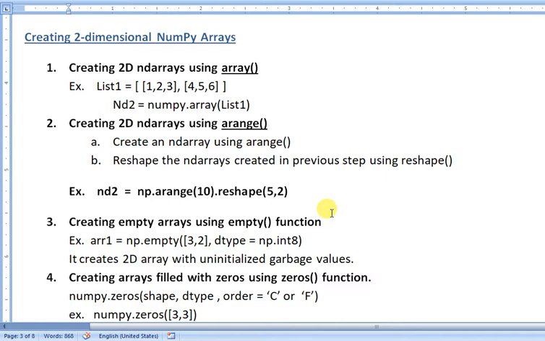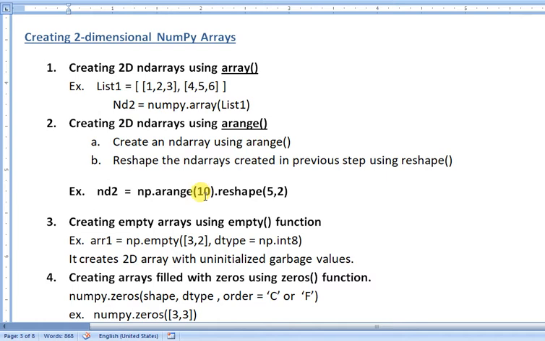And the third option is the step value. Suppose you want to generate numbers with some specific gap, then we also have to pass that step in the arange function. So with the arange function, first you generate a range of values, and then you reshape that into a two-dimension array. Suppose np.arange(10) generates 0 to 9.